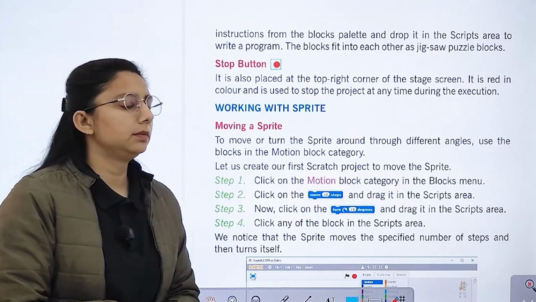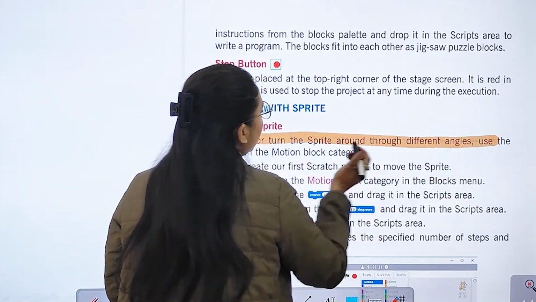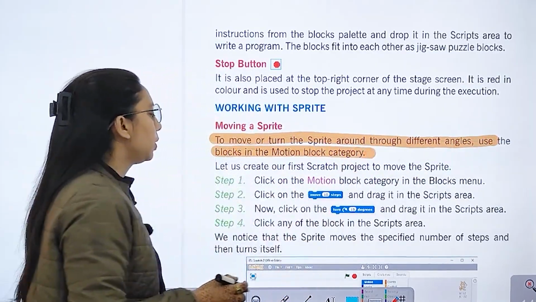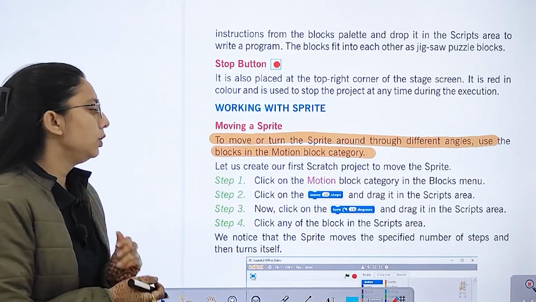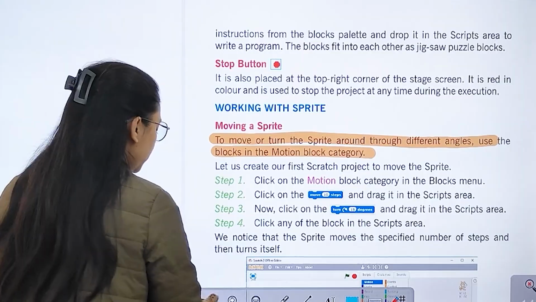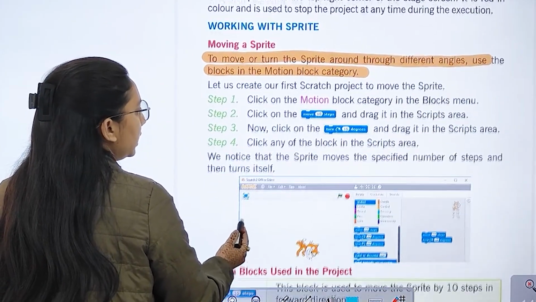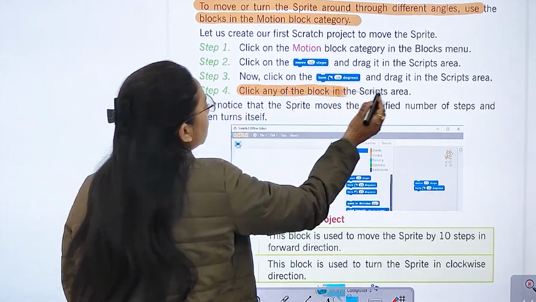Then moving the sprite. Moving the sprite means to move or turn the sprite around through different angles, using blocks in the motion block category. Now let's create our first Scratch project to move the sprite. Click on the motion block category. Click on move 10 steps and drag it into the script area, right? Then click on the block in the script area.